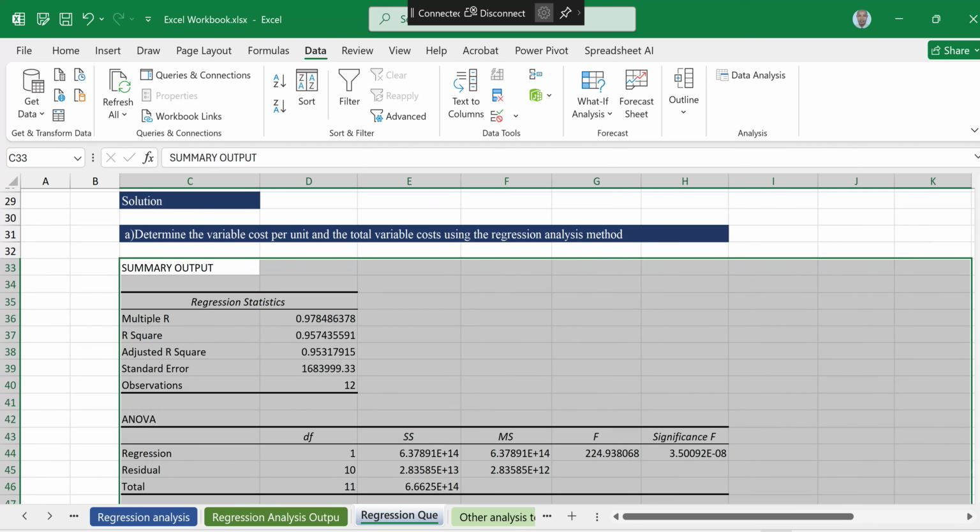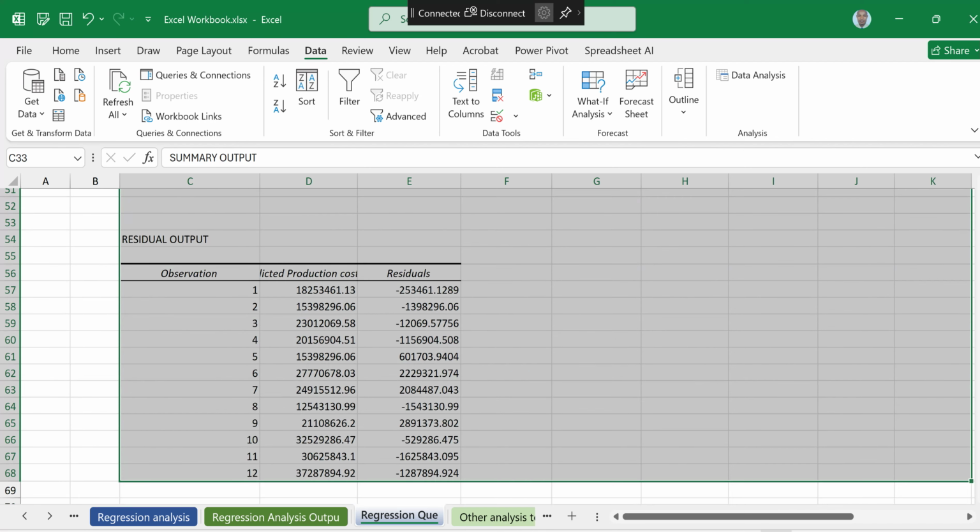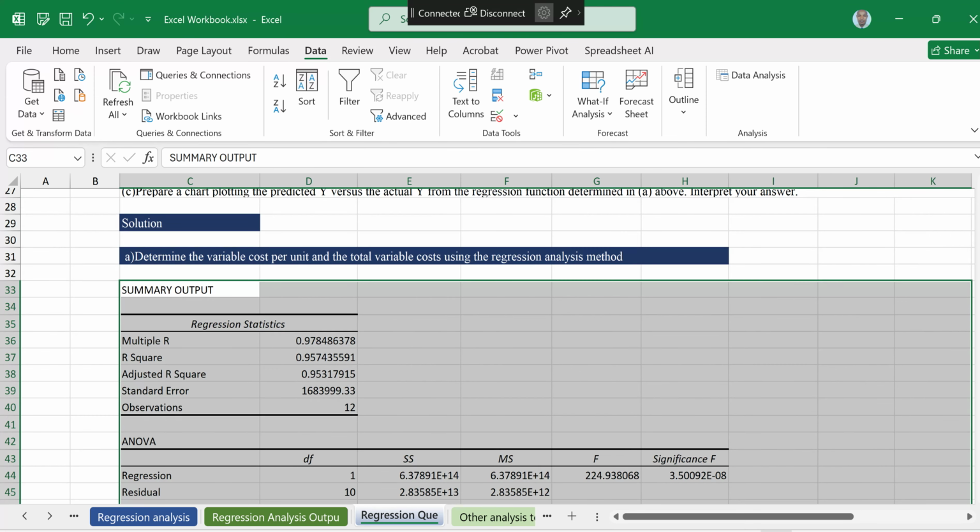There is the summary output starting with multiple R, R square, adjusted R, and the observation. There is an ANOVA. Then there is the place for coefficients. Then there is the residual output. All of them have been brought as our answers in that final result. Therefore,